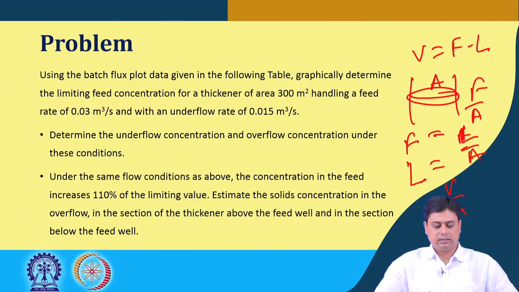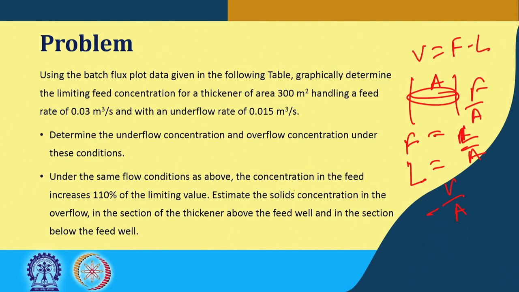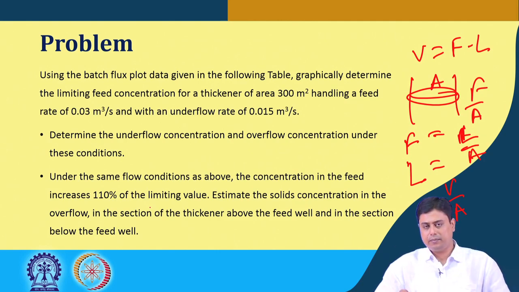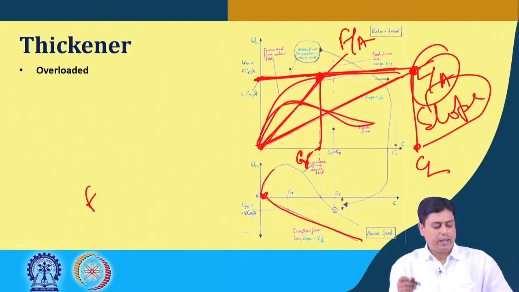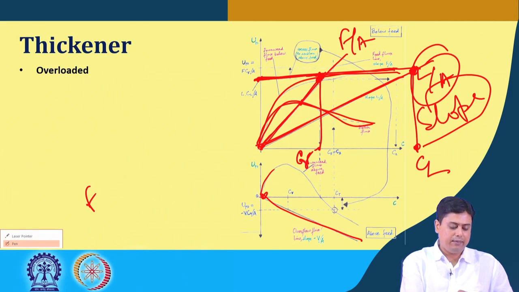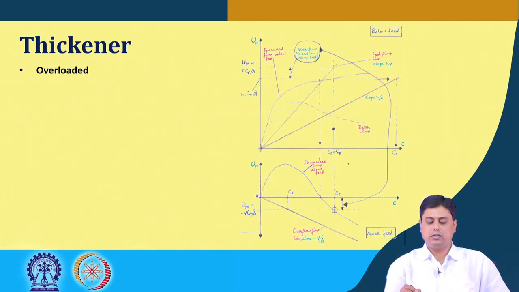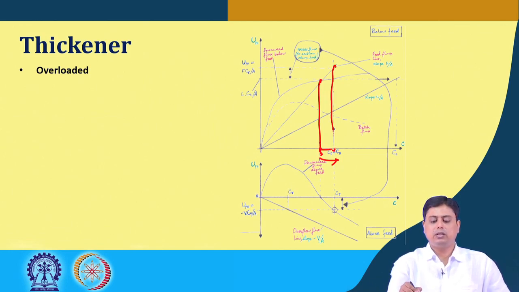The second part asks: under the same flow condition, if the concentration of feed increases to 110% of the limiting value, which means we are overloading it, what would be the solids concentration in the thickener in the overflow as well as in the underflow? This scenario becomes much easier once we have the critical point. Our current operating point is 110% of the critical limit, so we draw this line once again and we find out what the actual flux is,